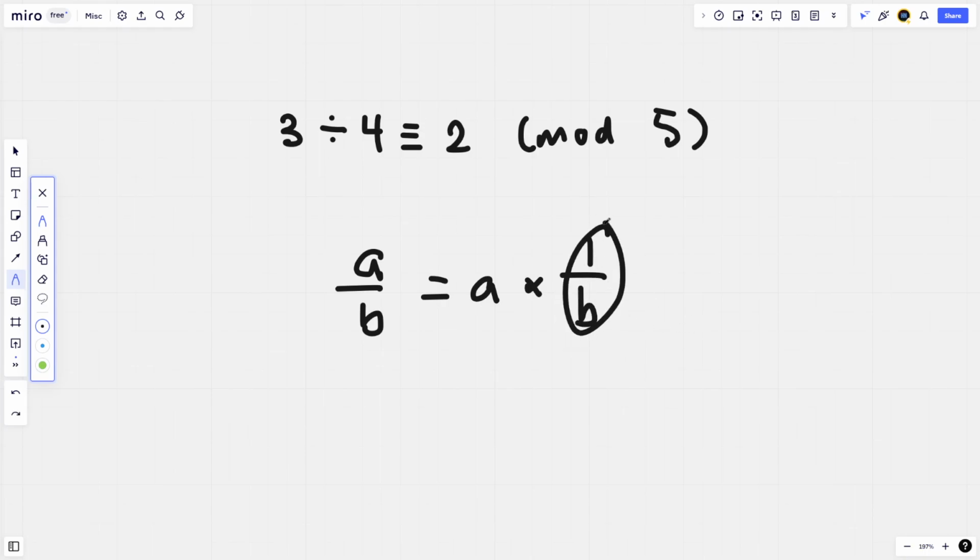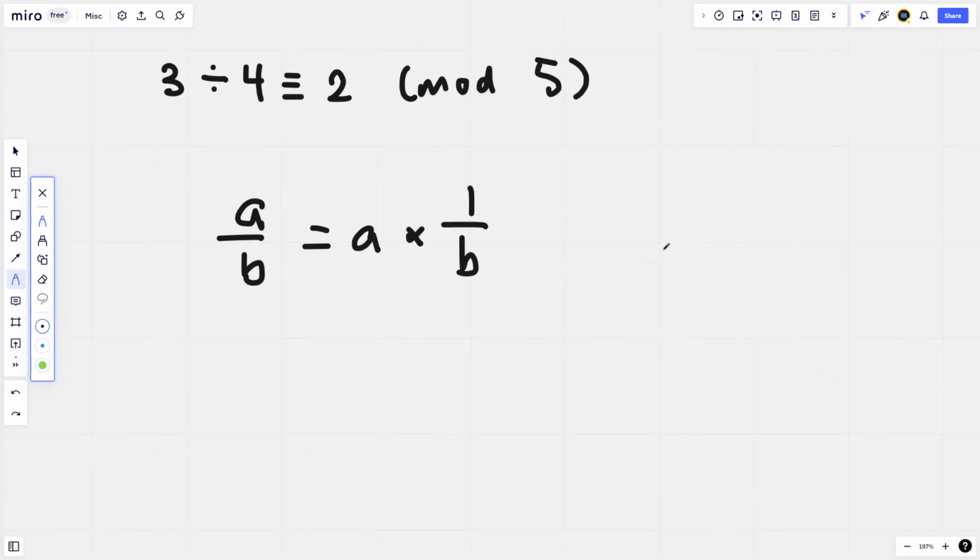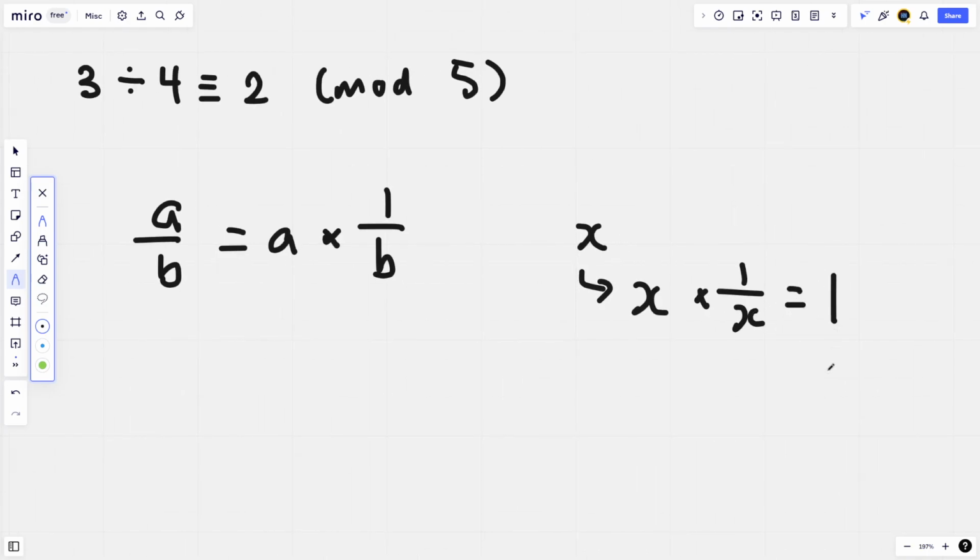And what does 1 over b really mean? Well, for any number x except 0, x times 1 over x is equal to 1. So 1 over x is the number such that when it's multiplied by x gives 1. In other words, it's the multiplicative inverse. It is the multiplicative inverse, multiplicative because we're multiplying, and inverse because when you multiply by the original value, you get the multiplicative identity, which is 1,